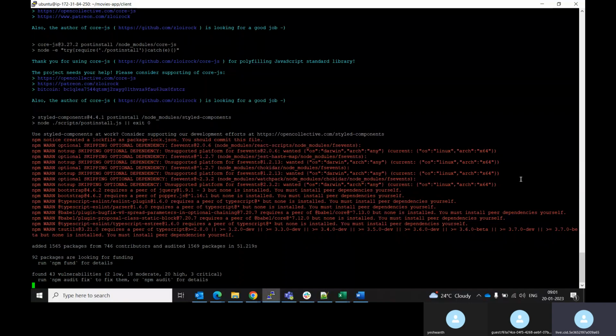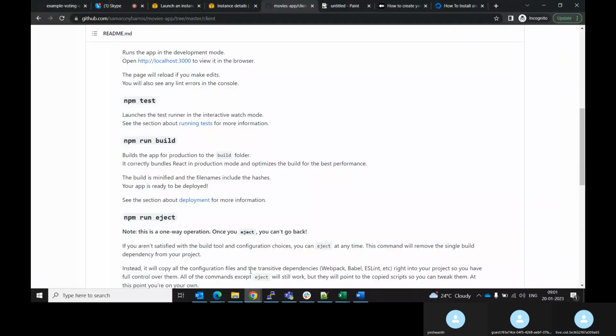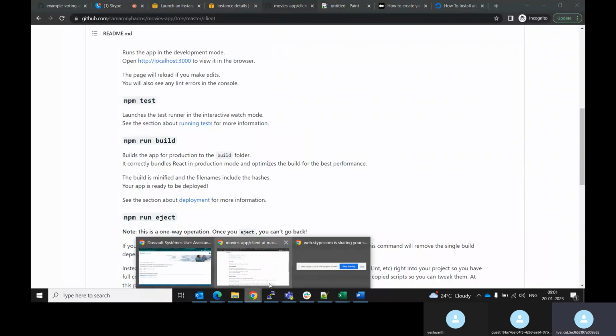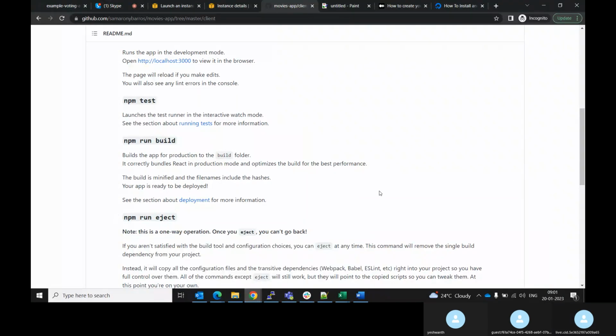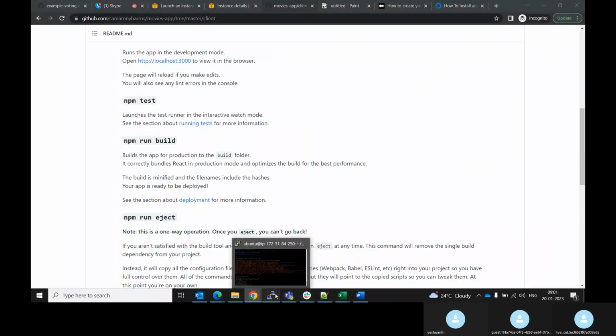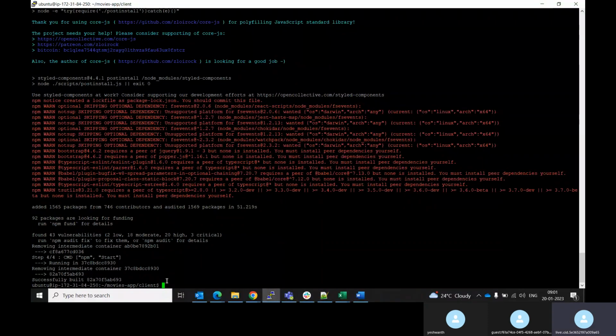Why is this taking so much time? See, now it has been running. Now if you see docker images,